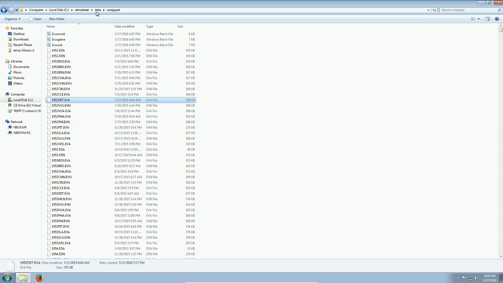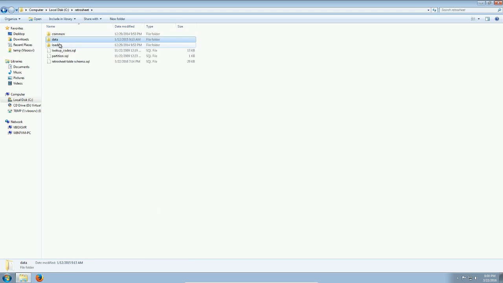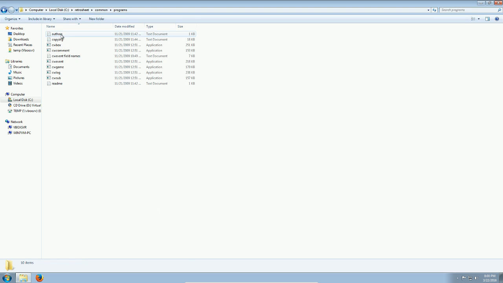And if we go back to the Retrosheet folder and this common folder and then programs, you'll see CW box, CW comment, CW event, game, log, sub. These are all programs written by the Chadwick people, the folks at the Chadwick Project. It's a program written in C, basically, and it's been compiled here for Windows. And what this will allow us to do is manipulate that data, look at that data that's already pre-formatted in the Retrosheet style, and then export it for our own needs, so that we can do things like